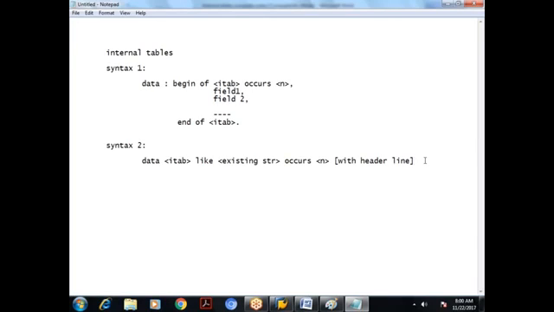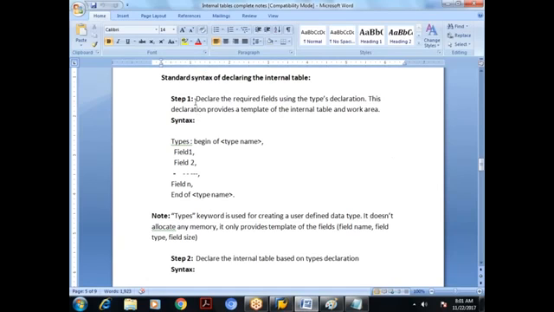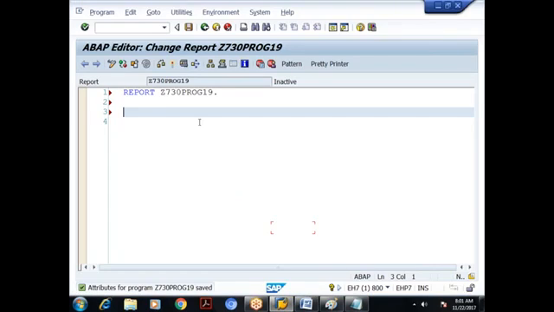So what fields do we generally take? Employee number, employee name, and employee designation. Assume that I want three fields in this context. What is step 1 here? Declare the required fields using types declaration. You have to use the TYPES keyword, BEGIN OF type name and END OF type name. So let me use the TYPES keyword.